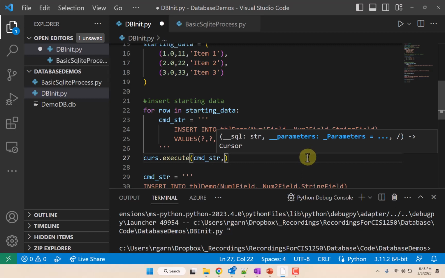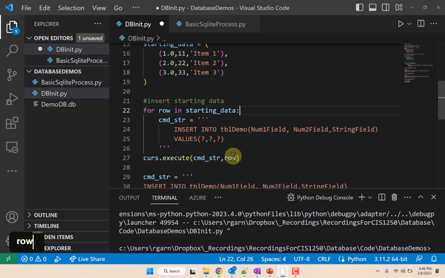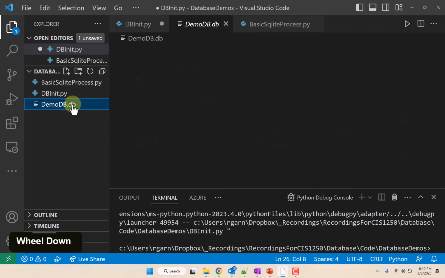For the parameters, we're just going to put row, since this is already going to be a tuple, it's already in a sequence. The execute command will actually put these in here and will sanitize these inputs to make sure that when they get inserted into this command string, they do not inject any code. So this is the proper safe way of inserting your items if you're doing it programmatically this way. So I'm going to delete this database